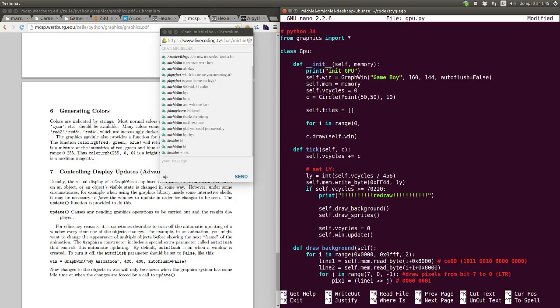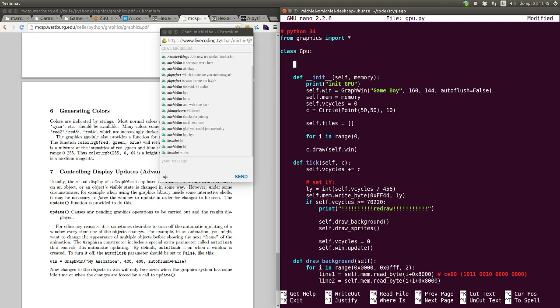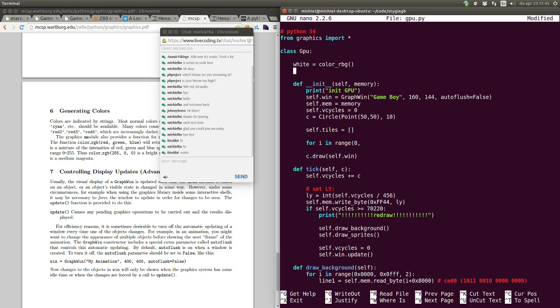So we can prepare all of those colors. We'll say white is color RGB, light gray, RGB,